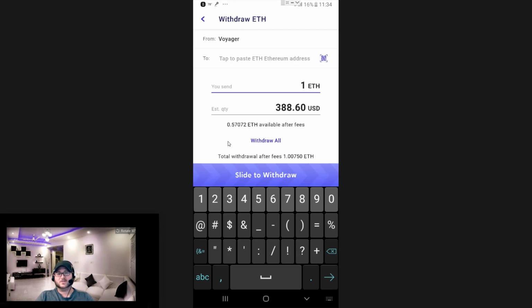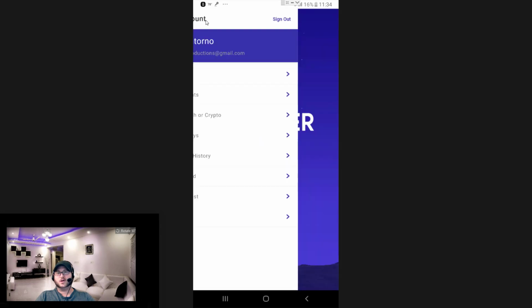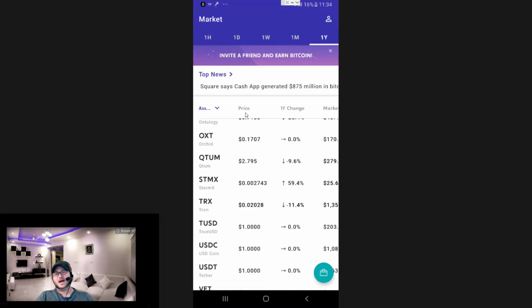Some of the fees are very significant when you're trying to transfer out of here, which is just something you should be aware of, because I would imagine if you're investing in here, you shouldn't need to transfer this out somewhere else. Now, if you do want to transfer to a local wallet or something like that, keep in mind the fees are going to be hefty. But if you're willing to keep all of your investment in this app, which is what I'm doing, then there's very few fees compared to the other apps, and for me it was definitely the cheapest and the easiest one to use